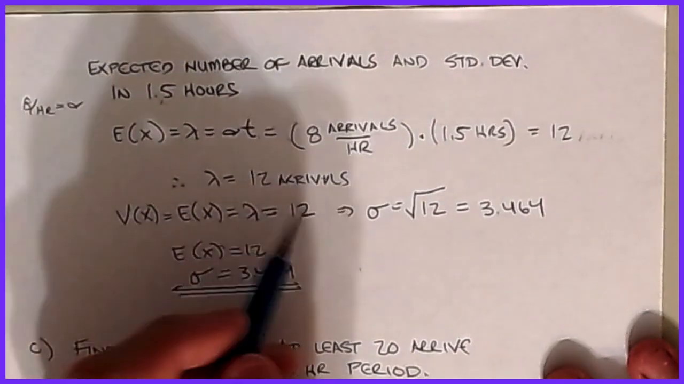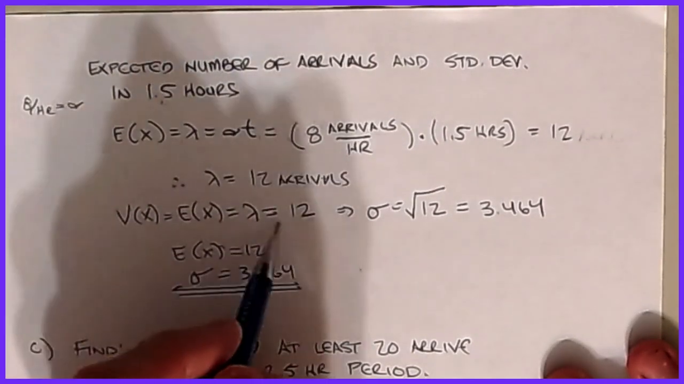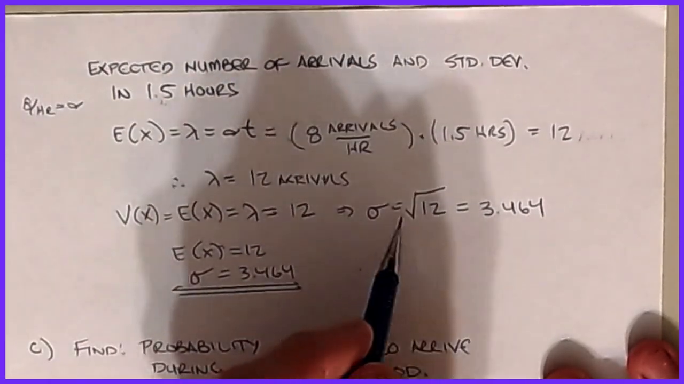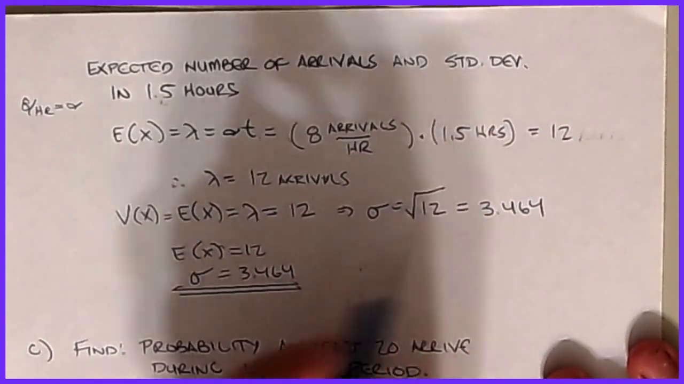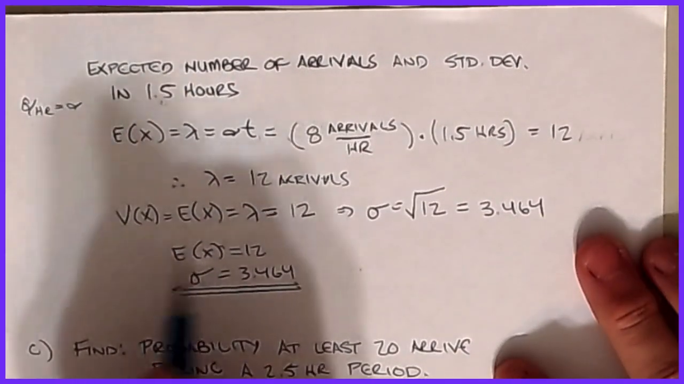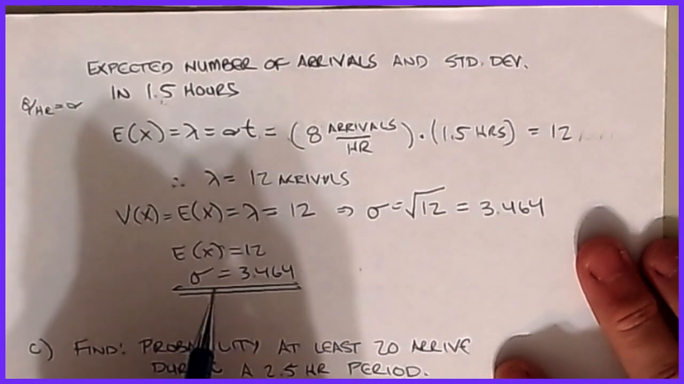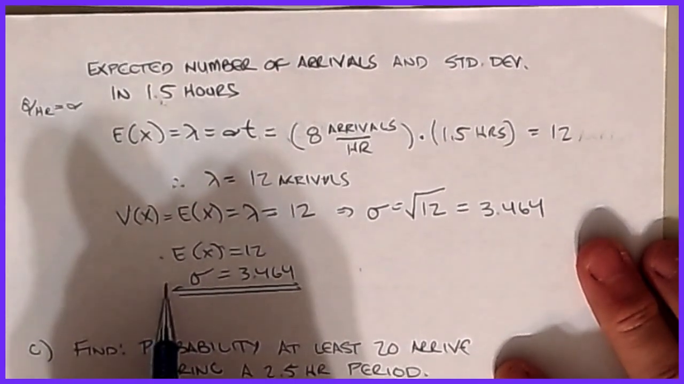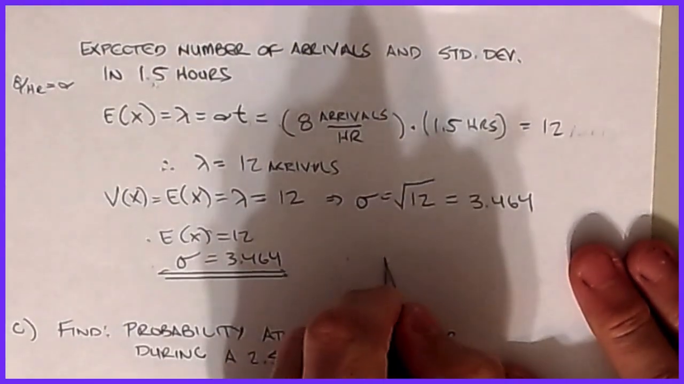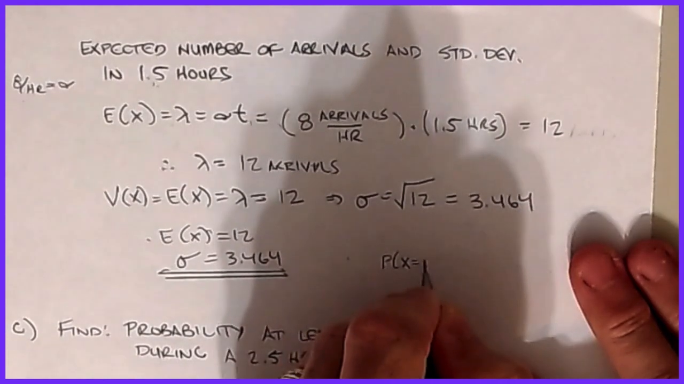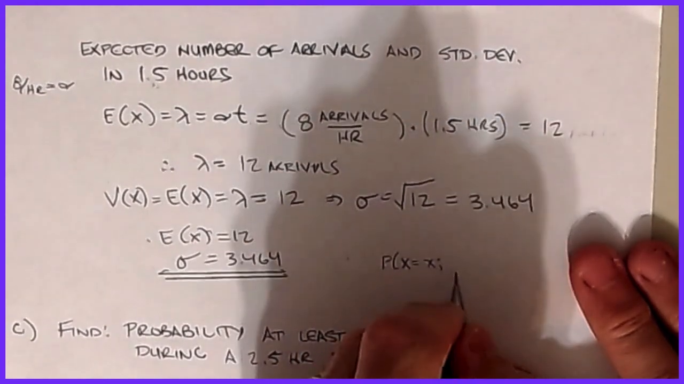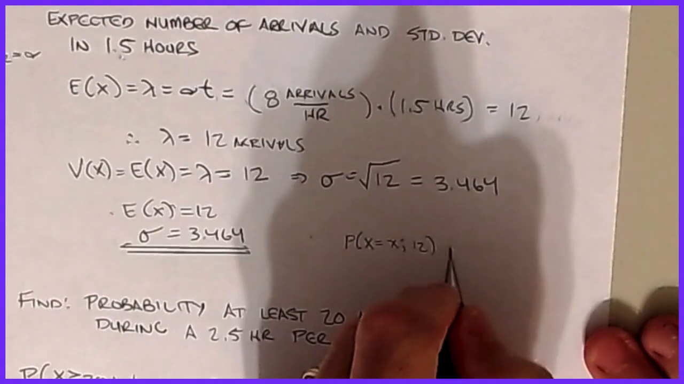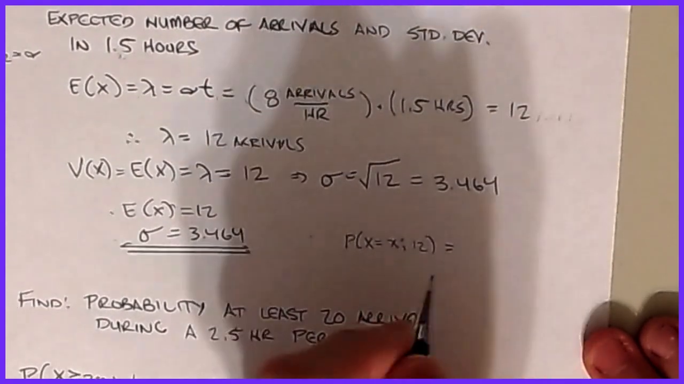Okay, so lambda is equal to 12 arrivals, and we know that the variance is the same value, 12, and so sigma is the square root of 12, which is 3.464. And so you have the statistical points that you need for the mean and for the standard deviation. But remember, the probability of x being equal to x, given that my lambda is now 12, is going to be equal to